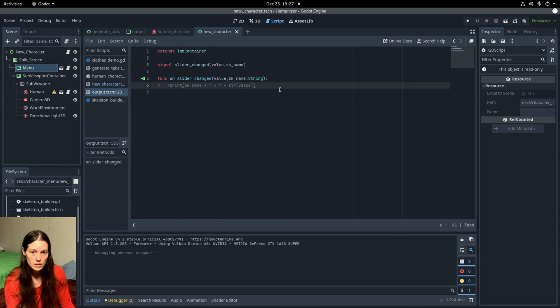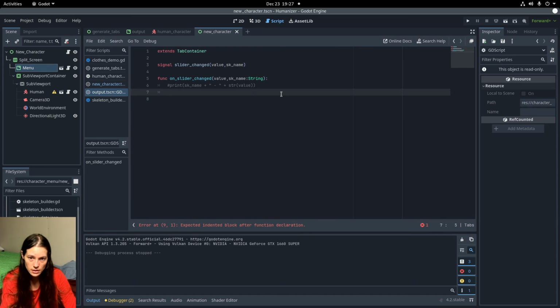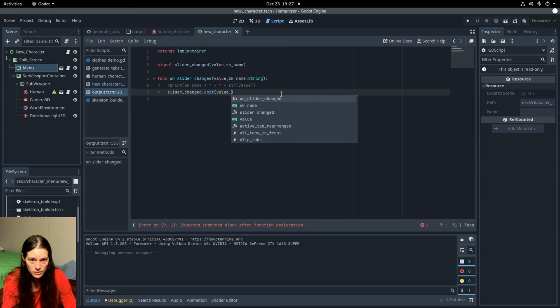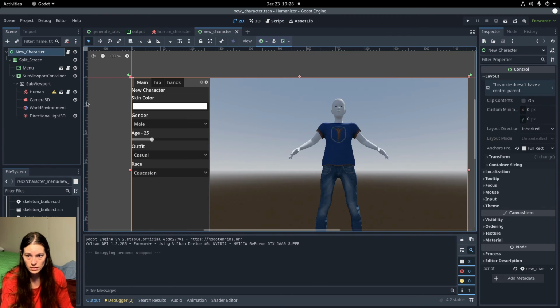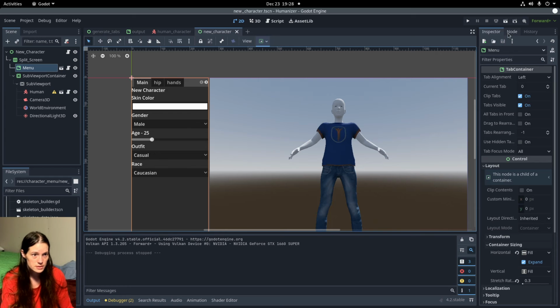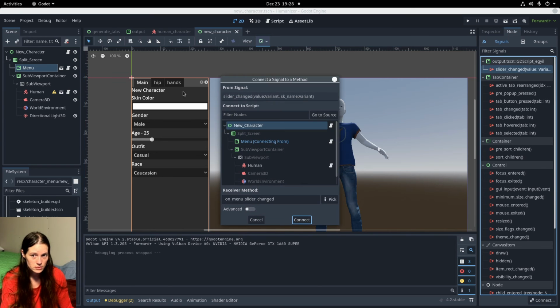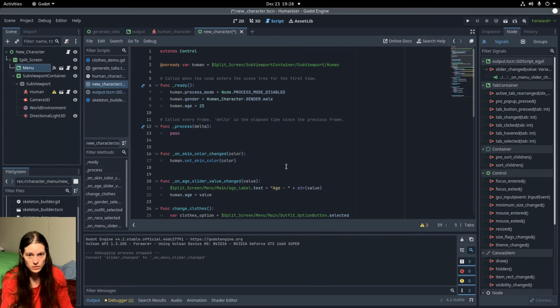And on slider changed, instead of printing, I'll emit the slider changed signal with the value and the shape key name. And then I'll connect this signal to the main script,